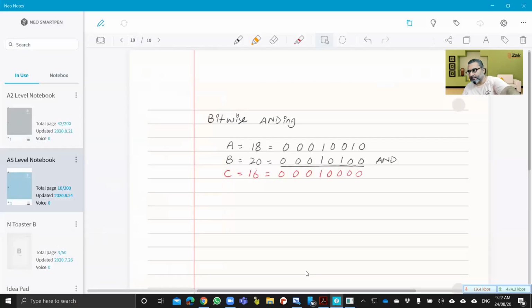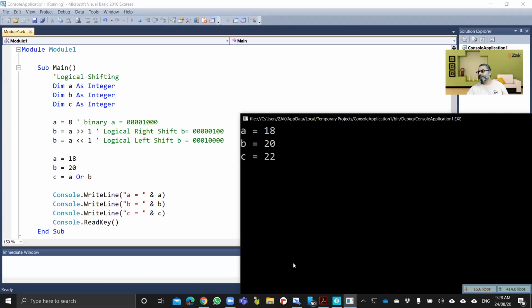Now let's say if it is ORing, same 18 and 20, you do it and let me know what the result of ORing A and B is when A is 18 and B is 20. What is the result, C, both in binary and in denary? So with ORing, the result becomes 22. A is 18, B is 20, C is 22. Alright,